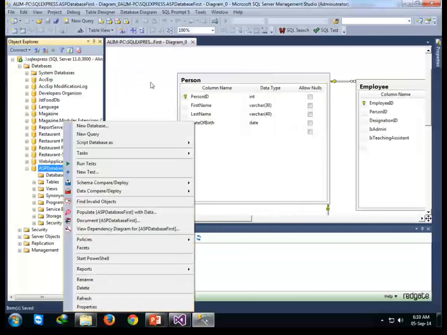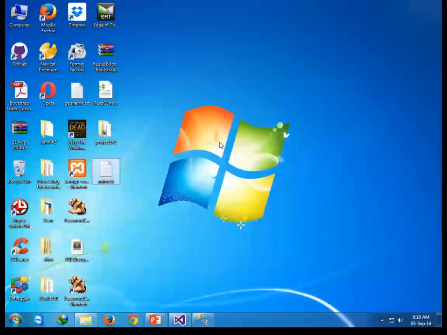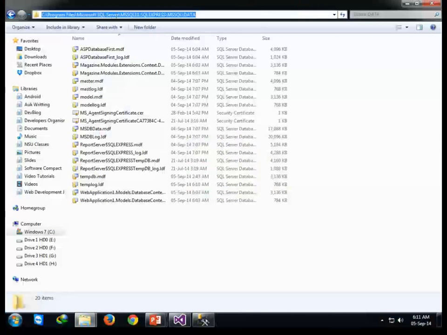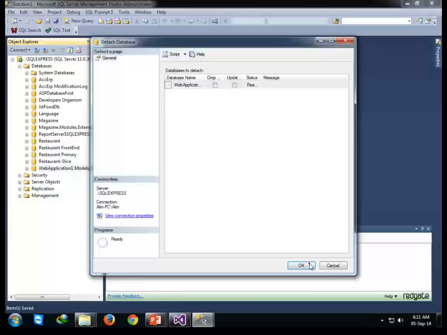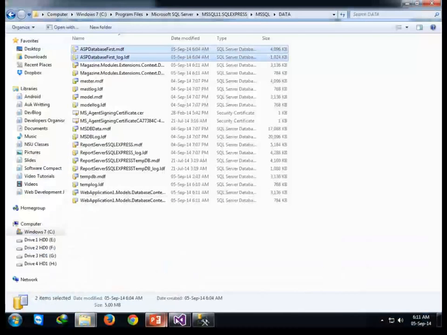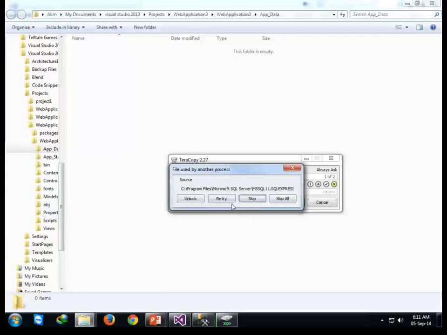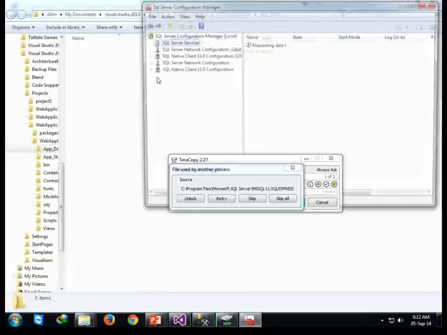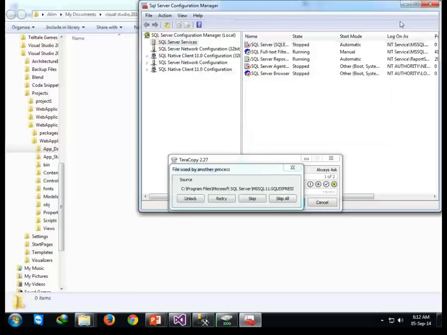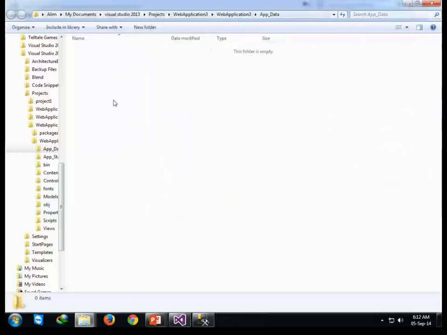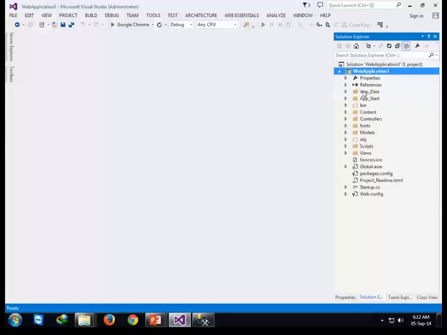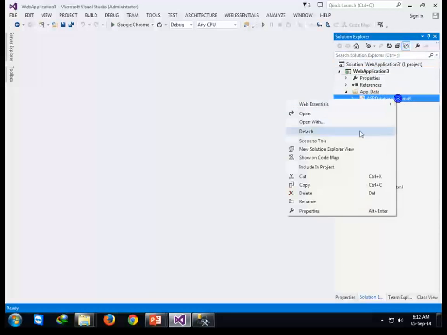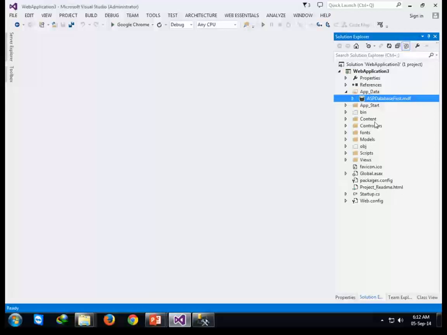So first I'm going to get the database from my computer. Okay, so I'm here in my data folder. So let me detach my database. Let me just stop the SQL Server. Okay, so SQL Server is stopped. Let me try again. Okay, so let me just go to Visual Studio. Include that database, and then